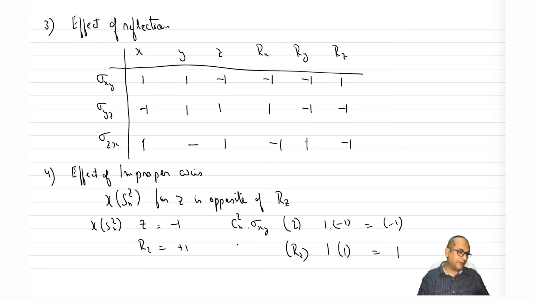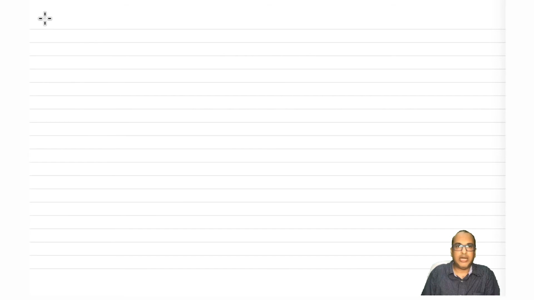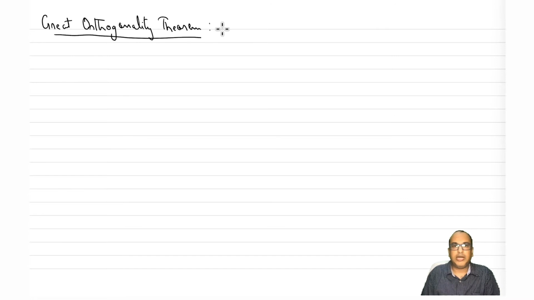So now you can also use this to generate irreducible representations, but we will see in different examples that it will not generate the complete set of irreducible representations, and hence we have to resort to something called the great orthogonality theorem. So let us look at what that is. Great orthogonality theorem. Let me first write down the complete statement and then I will try to explain what the theorem states.